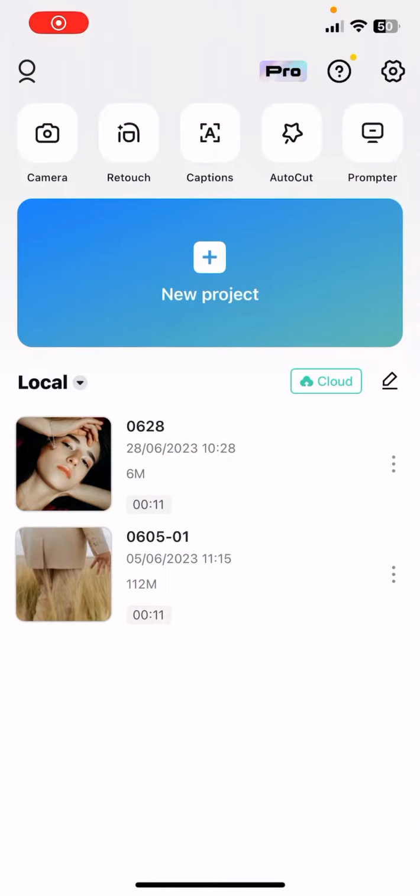Hello guys, in this video I'm going to show you how to blur your background in CapCut, but first I